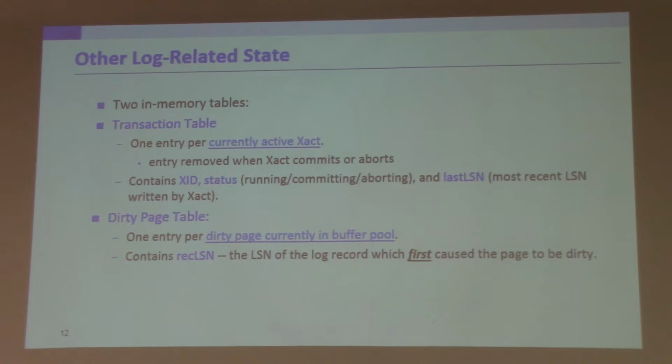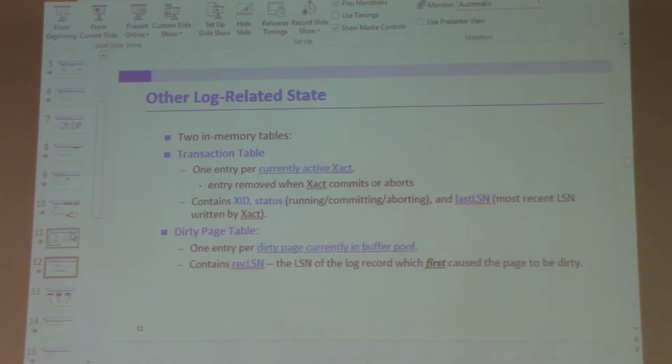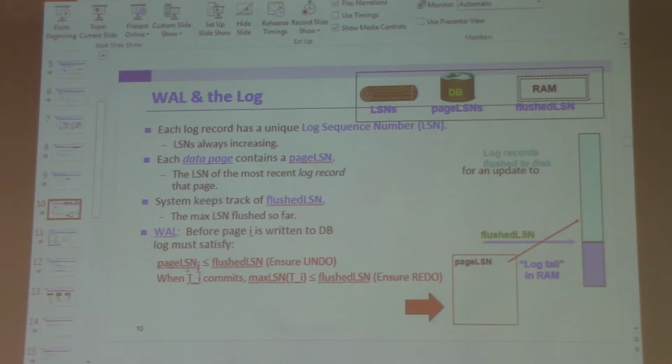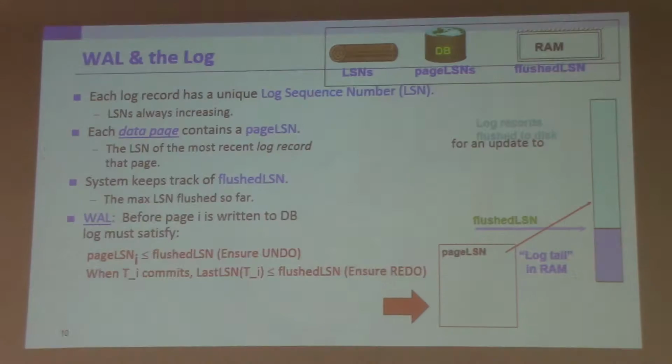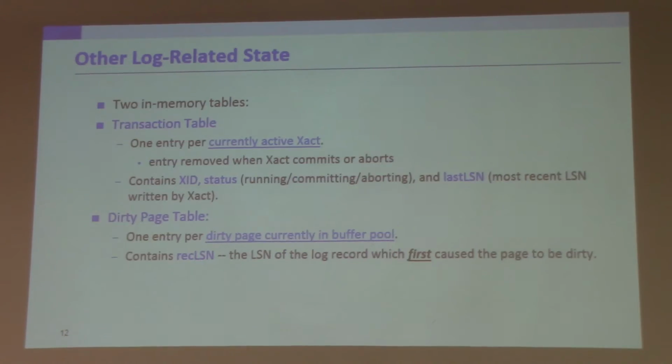And we also remember the last LSN, which is the most recent LSN written by that transaction. So to be consistent with the notation here, this essentially is last LSN. And we also maintain a dirty page table, which has one entry per dirty page currently in the buffer pool. It has a particular value called record LSN, the LSN of the log record which first causes that page to be dirty. So record LSN is to be compared against